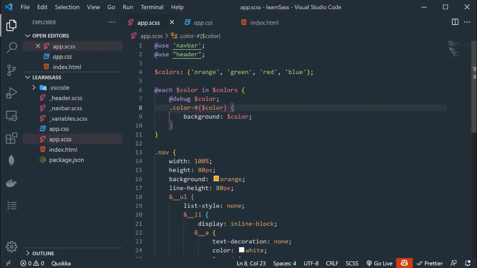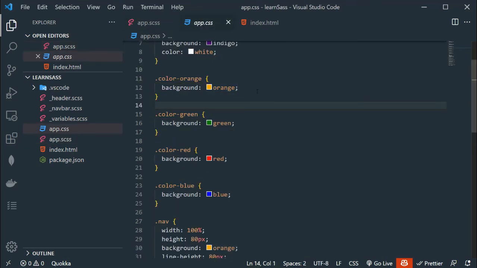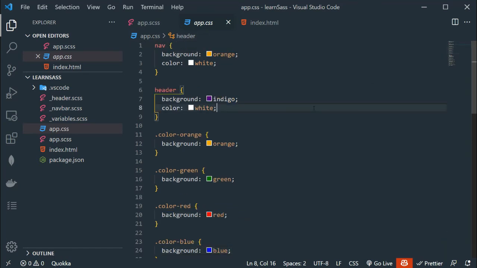Instead of $color we have to add a hash sign, and wrap $color in curly braces like so. Let me save the file, go back to app.css, and we have orange, green, red and blue. So friends, enough for this video. Still, if you have any issue in this video, you can ask the question.